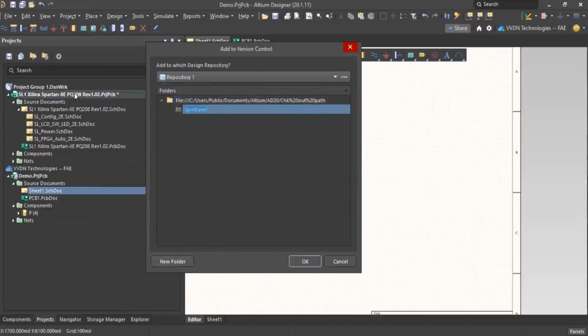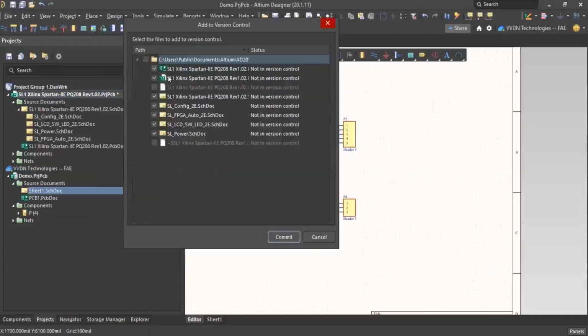You can create a new folder for the project. Under this repository path, we are creating this project. You can select which files you want to add under version control. Just select that. Some log files and text files can be ignored, right? We don't need them, so you can commit.